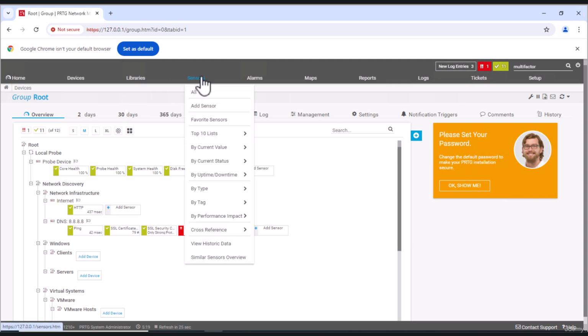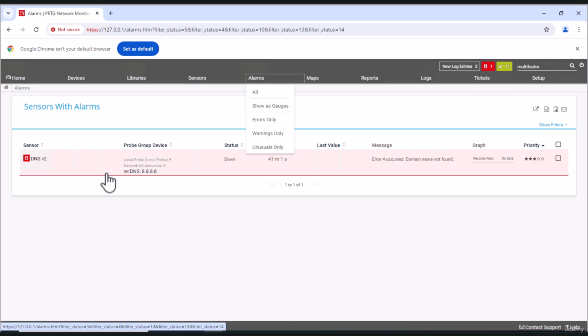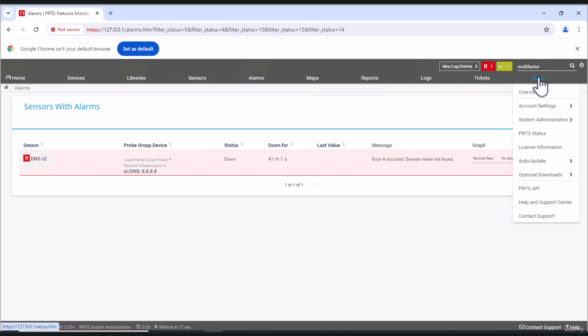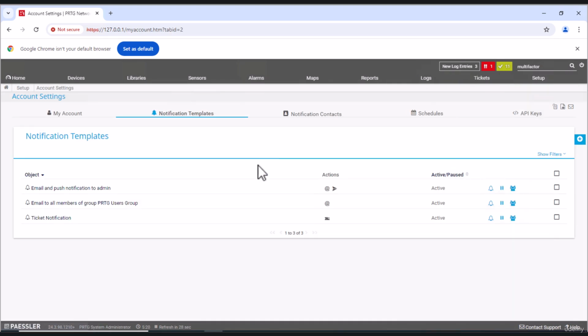Moving on, all of these sensors can be found under sensors, and we'll take a look at that a little bit later on. We have the alarm section, so that's going to tell us currently there's one alarm to do with the DNS there. We have the ability to set up maps, we have reports, we have logging and tickets as well. But what we want to do now is go to setup, and we're going to go to notification